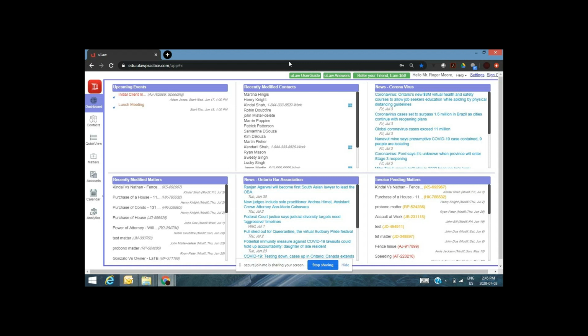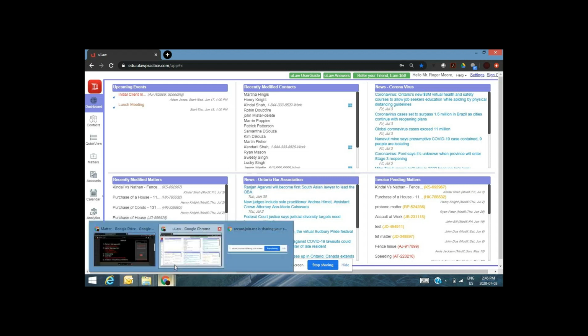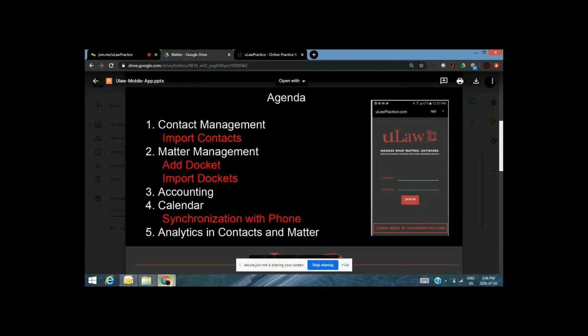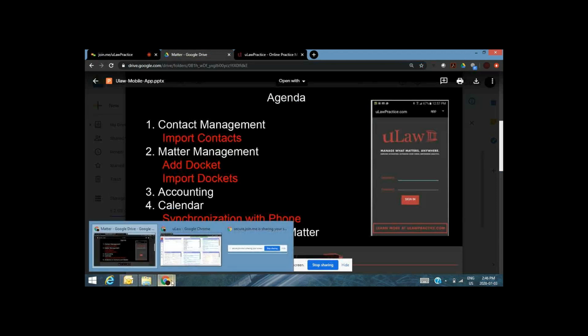That individual needs to be notified if a more recent client intake was done. And this dashboard element is exactly that, as the modified contacts keep updating with the most recently updated contact right at the top. So as soon as they see Martina Hingis, they realize, that's a new contact, let me get on it. So let me now quickly, with another 10 minutes left, jump back to showing you